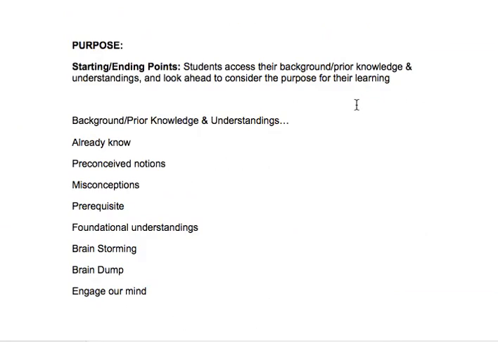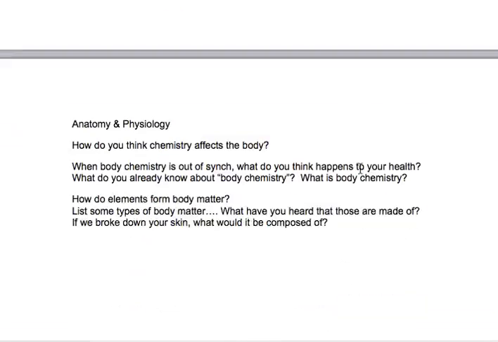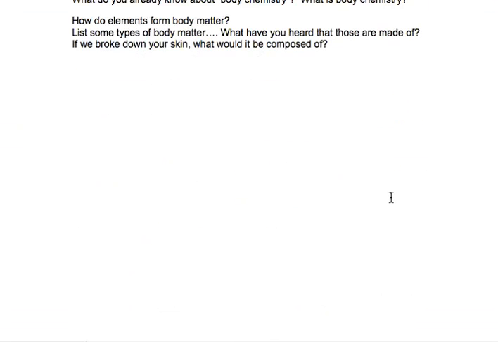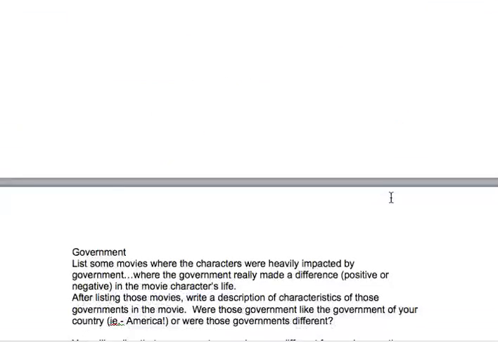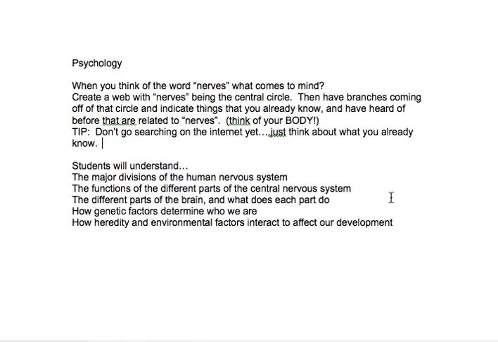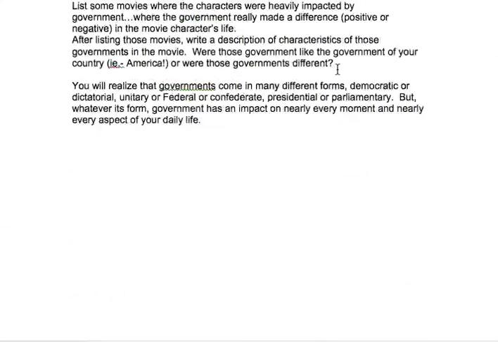I know this was a very elaborate explanation, but I'm hoping that we can continue to refine the scope of how we write starting and ending points. And as you can tell, I have certain ways that I tend to write, and all of mine start to sound the same, especially up here. But I made a point to really critically think about how I was writing and start to come up with some different things. What do you think of when you hear this word nerves? What comes to mind? That took a little bit of thought process from me,